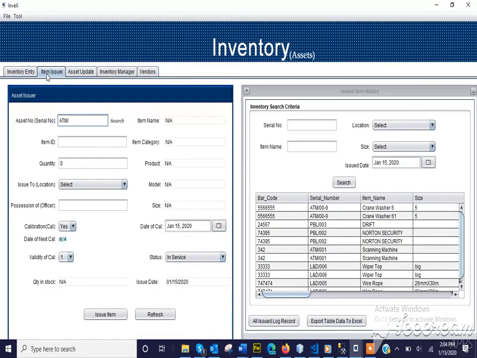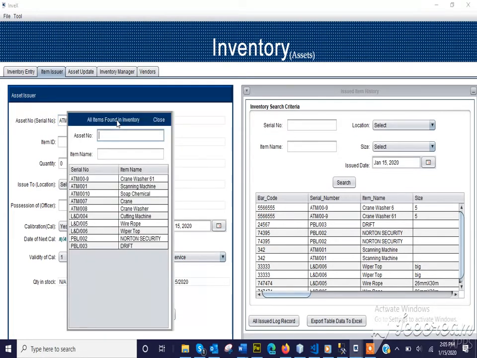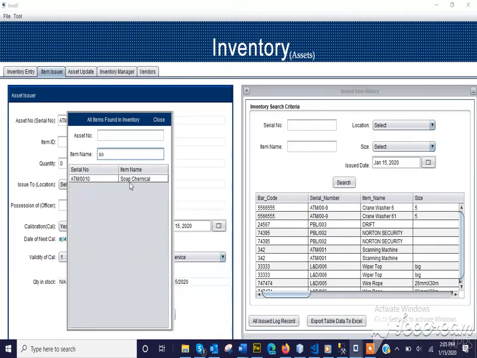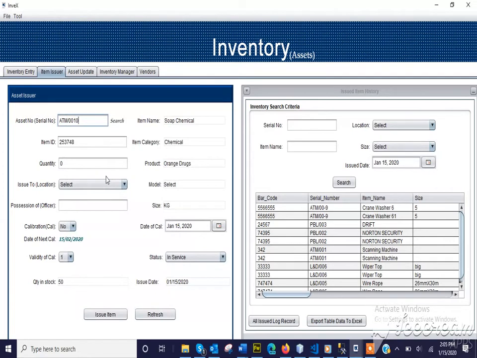So we also have item issuer. Item issuer is if I want to issue an item from my warehouse to another location or to another branch. I'll come to this item issuer and select what I want to issue. If I know the number, I can type the number here. If I don't know it, I can search for soap chemical. You can see it. I click this, and it shows me the quantity in stock is 50. Let's say I want to issue out